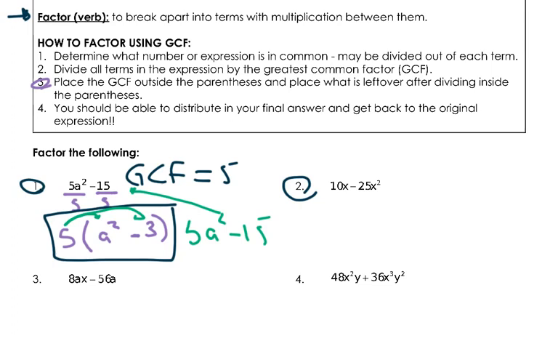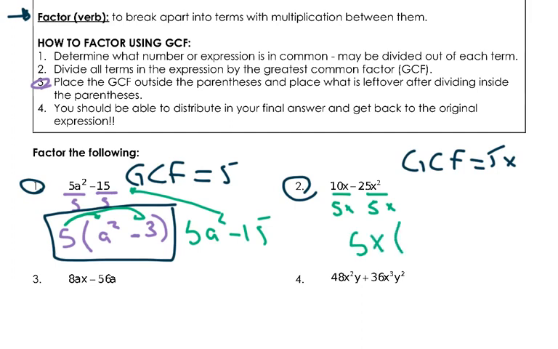Let's try this one. So 10x minus 25x squared. Well, what would be their GCF here? Now, if I'm looking at the coefficients 10 and 25, I could say that the GCF between those two is 5. And if I notice, the variables are both x's, so I could take 1x. They both have at least 1x in common. Okay? So if I would divide each of these terms by 5x,